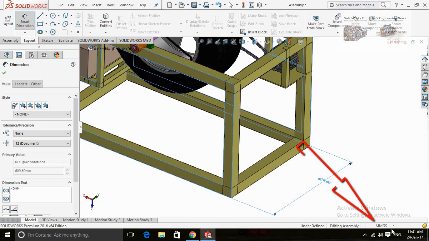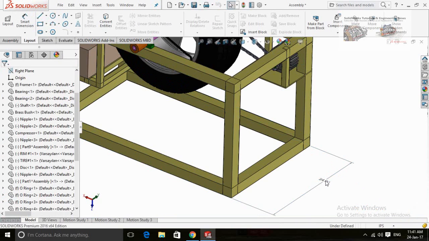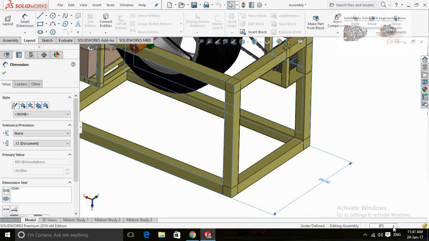This is in millimeters. You can change the unit system from here. You can also apply custom units from Edit Document Units.